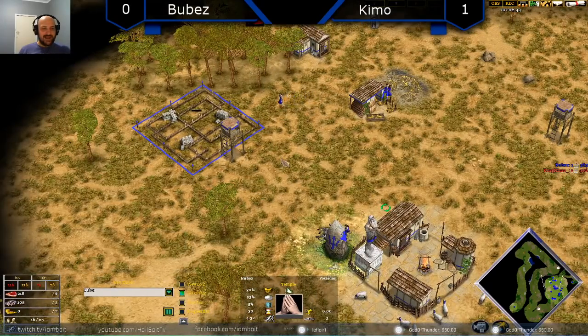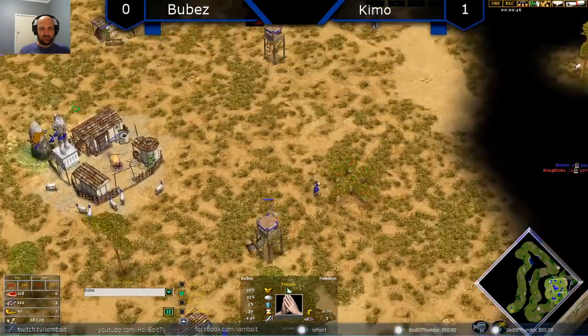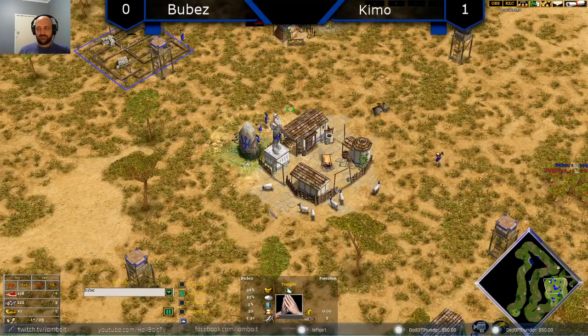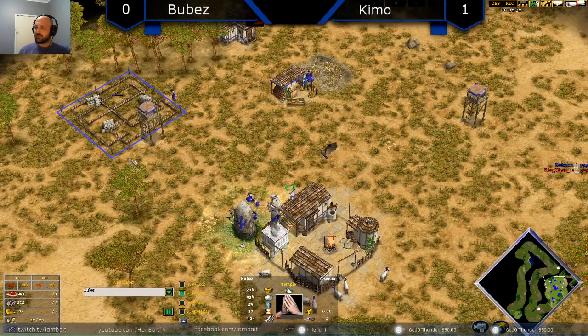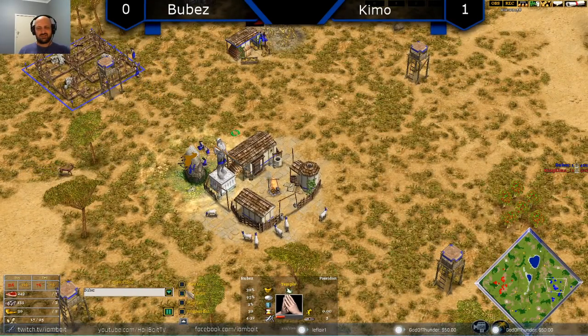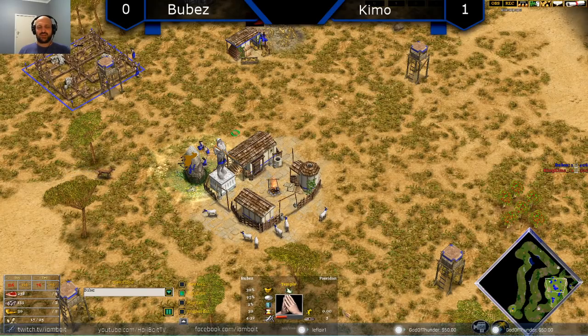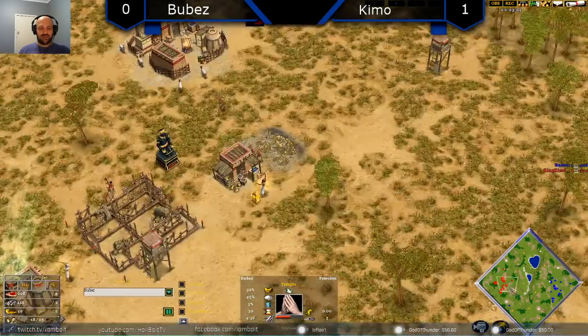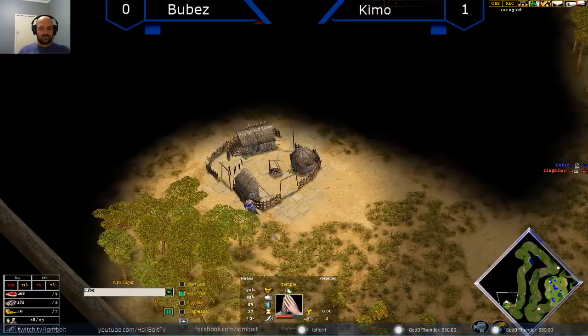Temple up for Matrius, nice and early, 245. Potentially an early Theseus here? Not sure. This is actually a really difficult map for Poseidon to play on. Really difficult map for Ra to play on as well. We are going to be seeing...